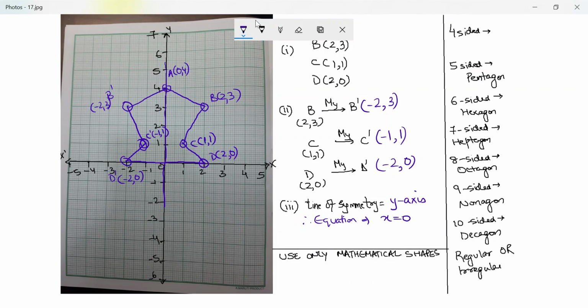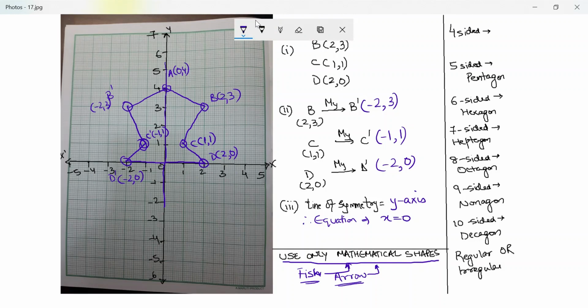Now in this question they haven't asked you to name the shape, but in the last 2 years they've been asking questions where they asked you to name the shape, like we did in a few previous questions. Now some students get confused on the shapes. If you notice, I've written use only mathematical shapes. For example, like the 2020 math paper in ICSE, the shape was looking like a fish. Now fish is not a mathematical shape. Please do not use such words. Arrow is not a mathematical shape. Please do not use such names.